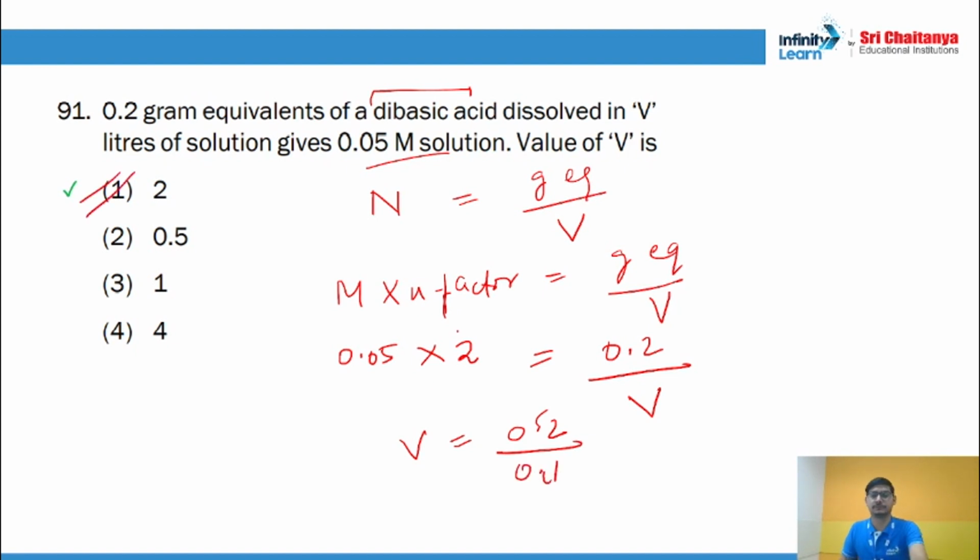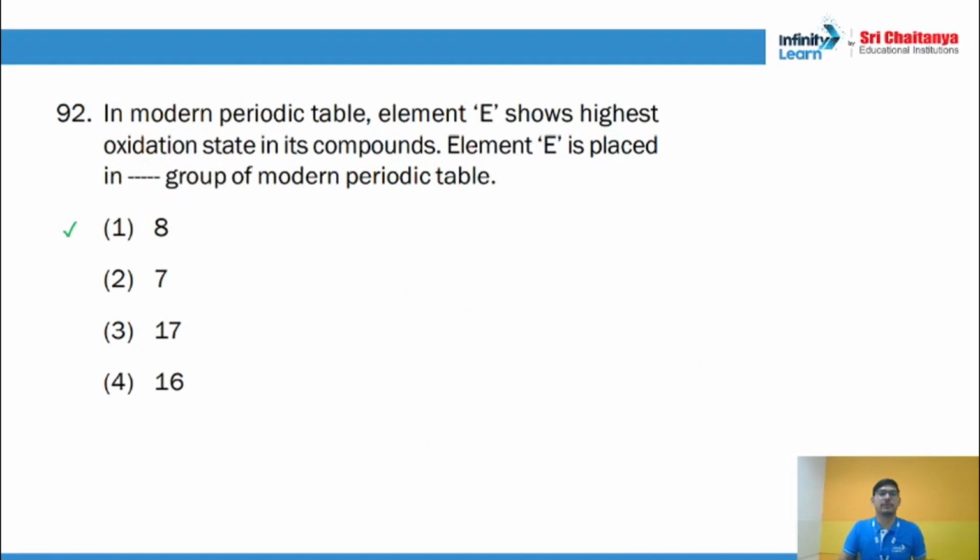Okay guys, in modern periodic table, highest oxidation state. Okay, so for group 8 elements, which is the iron family, maximum oxidation state is +8. You should know that the stability of highest oxidation state increases down the group in D block elements. So iron will rarely show an oxidation state of +8 in any compound, but if you go down the group, then osmium, yes, it shows in osmium tetroxide an oxidation state of +8 in a stable state.